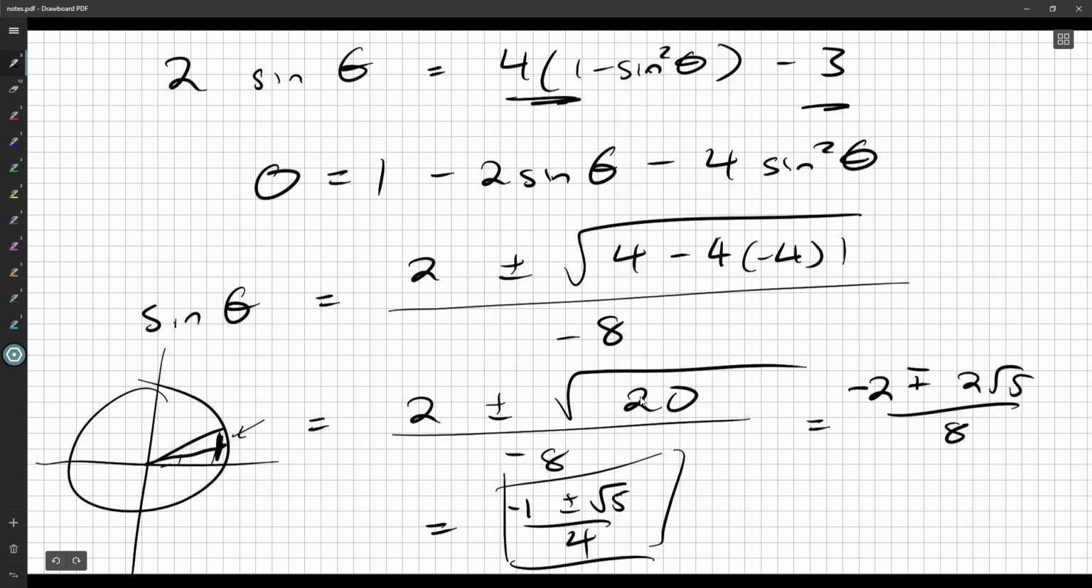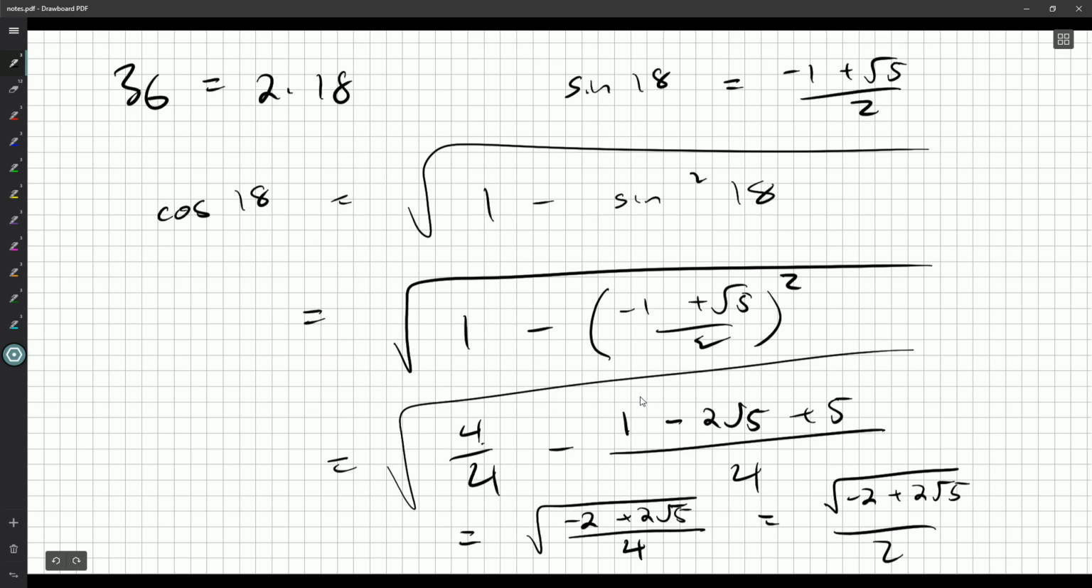Wait a minute. Oh, there's my goof. This should be a 4. And this is 16, this is 16, this is 16. 16 minus 6 is a 10. That's why we get a positive. Okay, God, that was bugging me so much. Plus a 2 root 5. And now